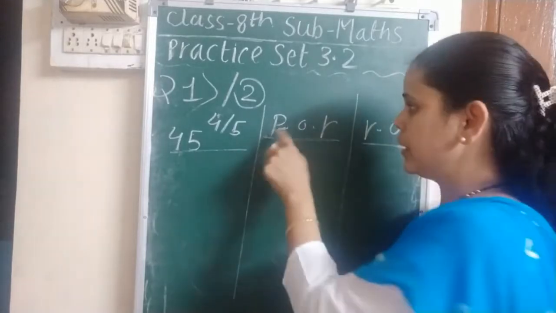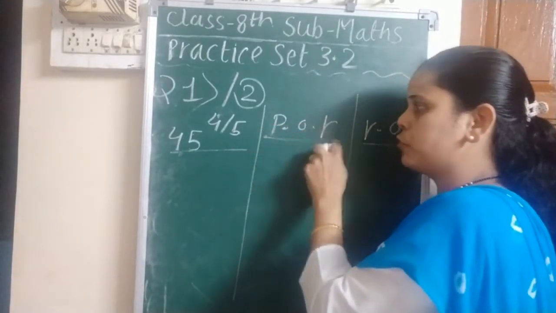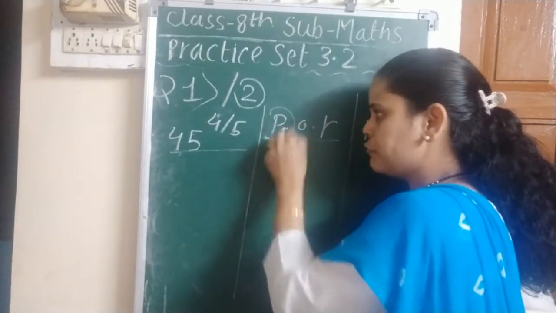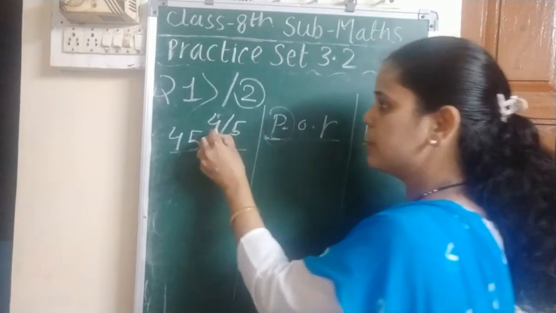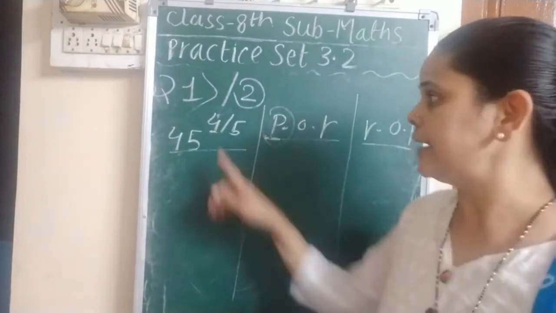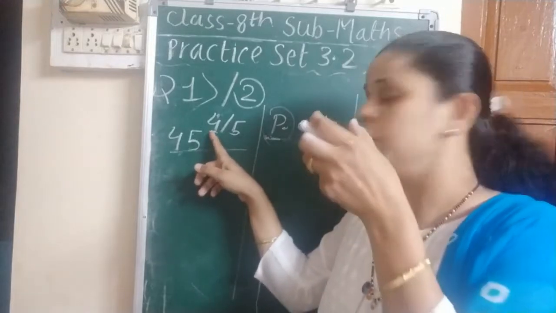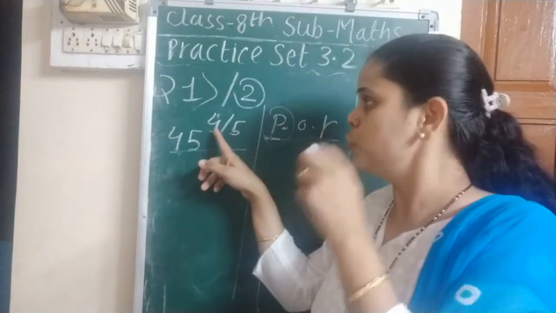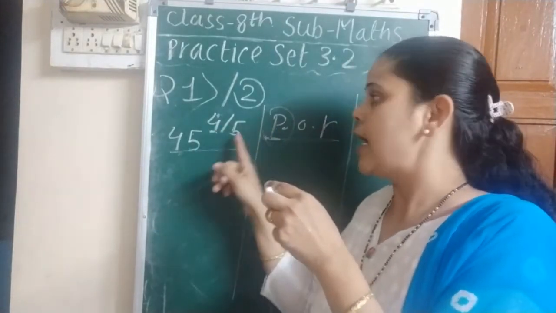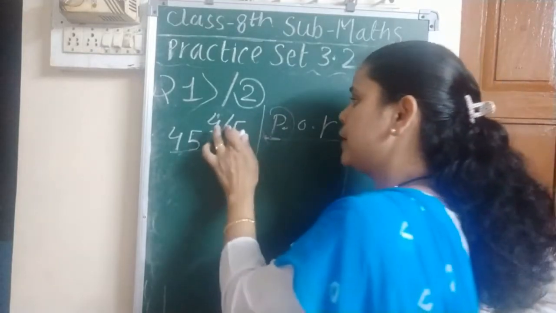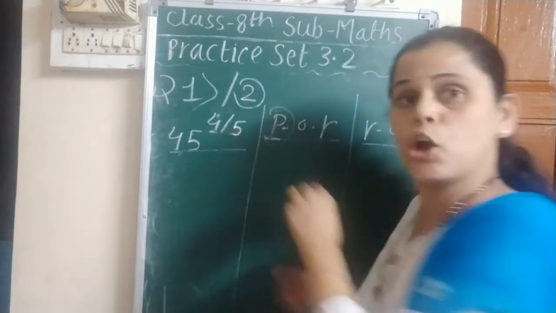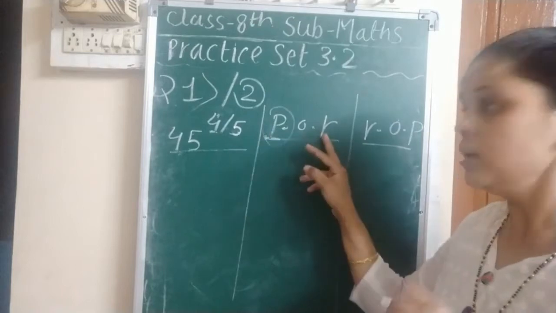Write down the number in this form, that means the power of root. The power is given first. And the power is the number that is in the numerator place. And the number that is given in the denominator, that number is the root.